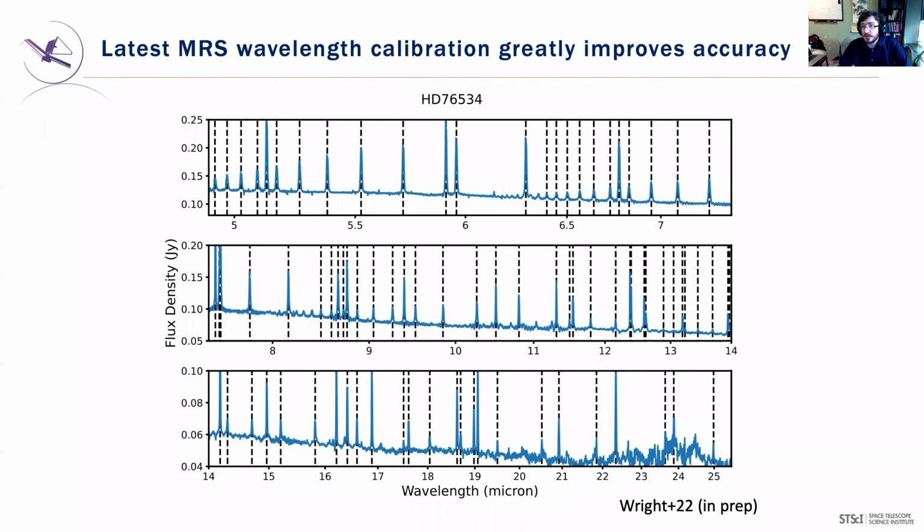I put one slide in here just to mention how we're now very confident in the calibration accuracy that we've got for this data. There's an illustration from a paper we're in the middle of working on at the moment, for instance, just showing you the new calibration of the instrument against observations of a B-type emission line star. So all of these lines you're seeing in here are hydrogen emission lines around this star. And this is just an illustration to show that they all now line up at the correct locations that you would expect them to based on our understanding of physics. So we're now quite confident going forward that when we do further kinematic analyses, we can be fairly confident in